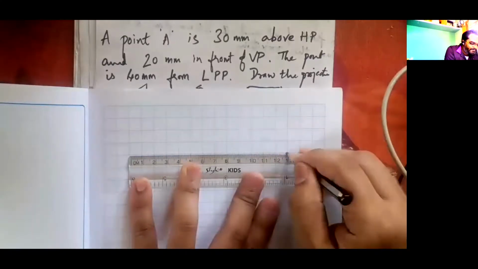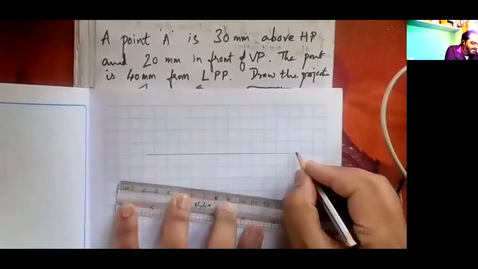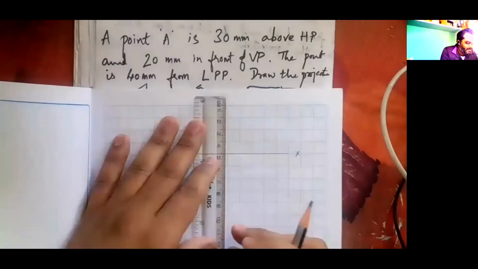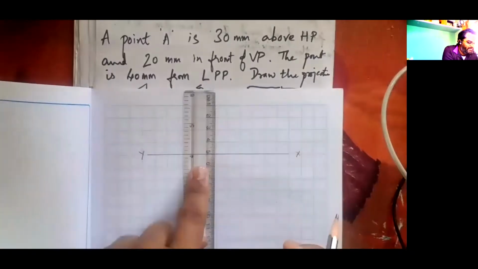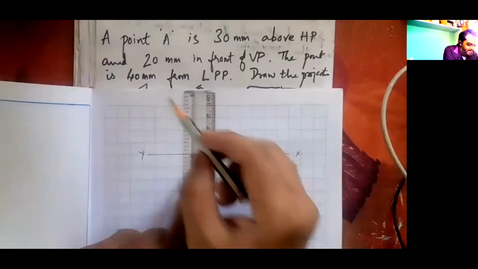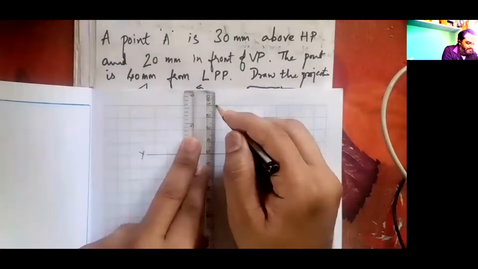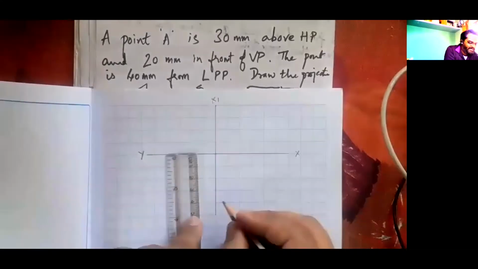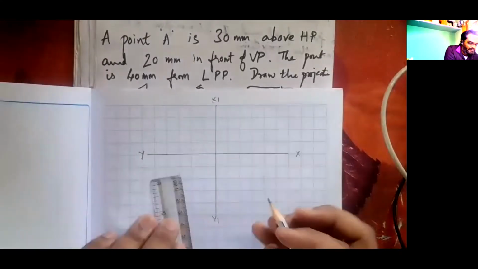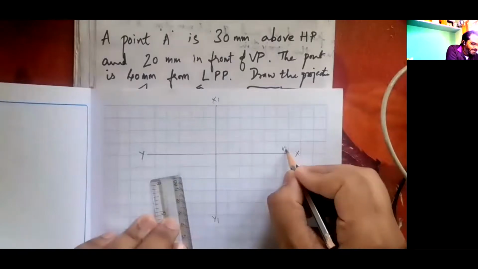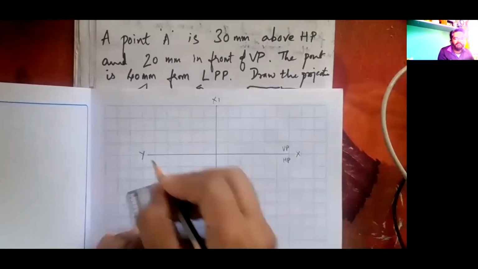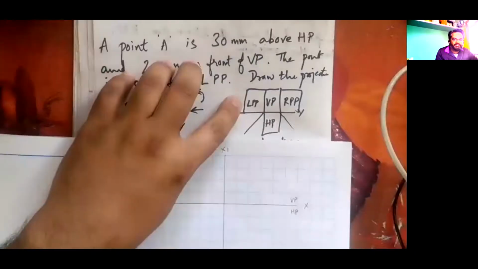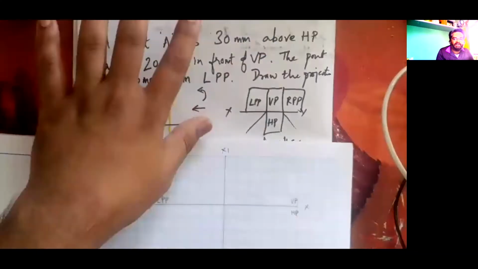So I'll represent X and Y, and as LPP is necessary, I'll just draw an X1, Y1 line somewhere at the center, as I need 4 boxes here because 40 from LPP is there. So I'll just represent a vertical line and represent this as x1 and y1, and name it VP, HP on my right and LPP, the left profile plane, on my left. That means I have represented it like this. These planes do not have an exact boundary. This is an imaginary process. That is why I have drawn it like this.